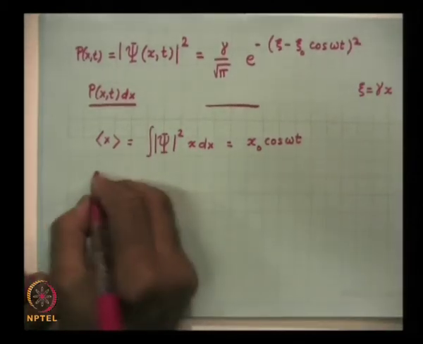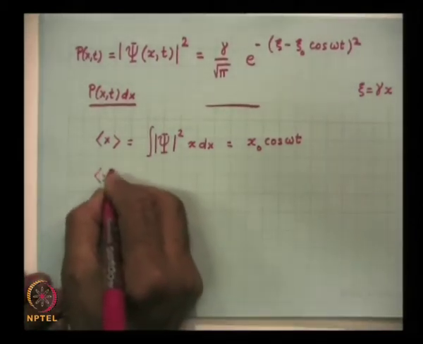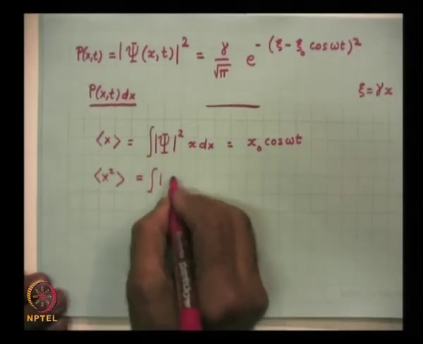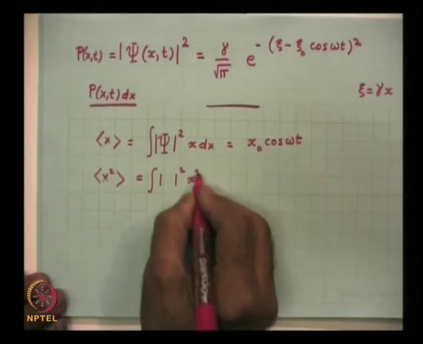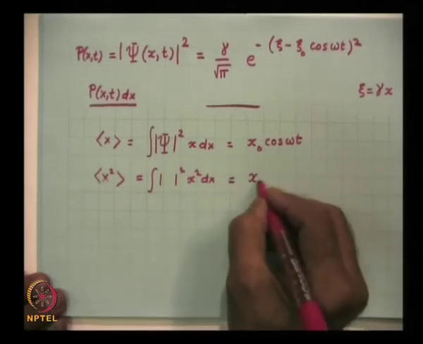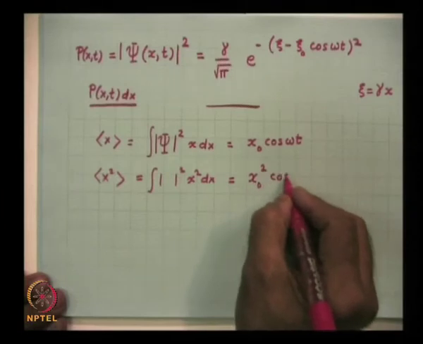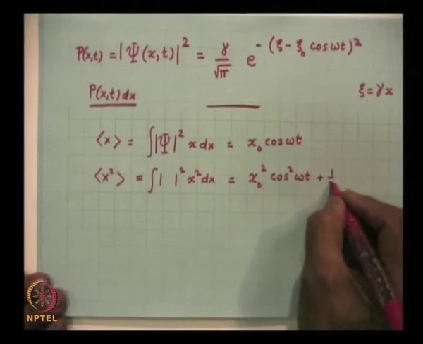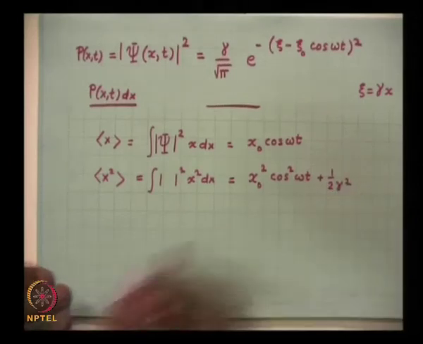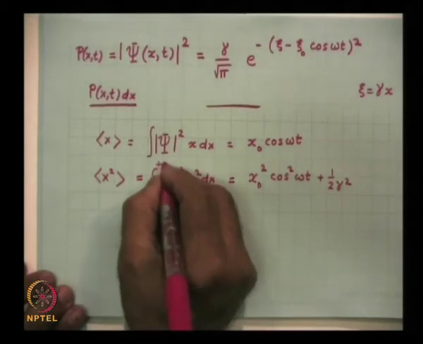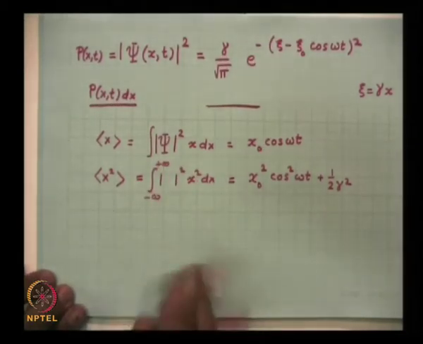And similarly, if you calculate x square, so you will find that the integral of mod psi square x square dx is equal to x naught square cos square omega t plus 1 over 2 gamma square. I would request all of you to work out these integrals. This is very straightforward,